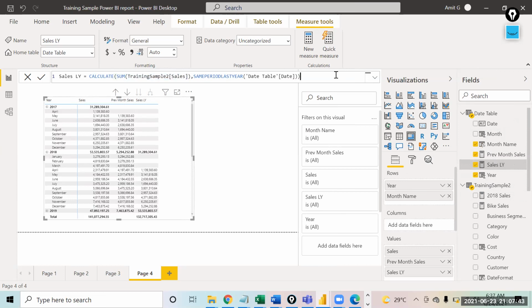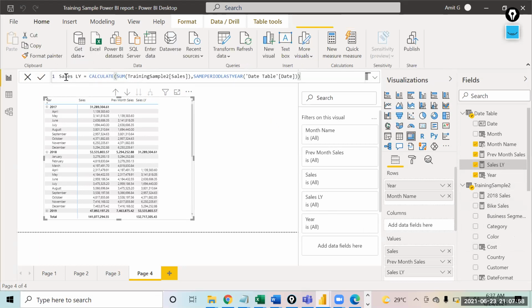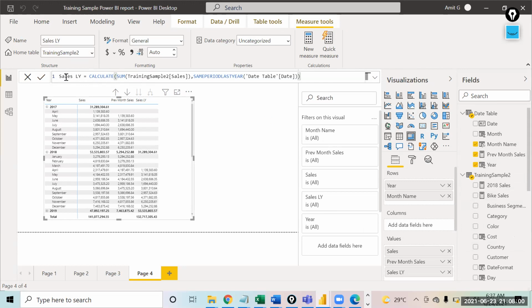So whether you create the measure in this table or that table, both are the same. To move it, select the measure, and in the Home table option, change it to training sample 2, and it will move down. You can move it up and down wherever you want.